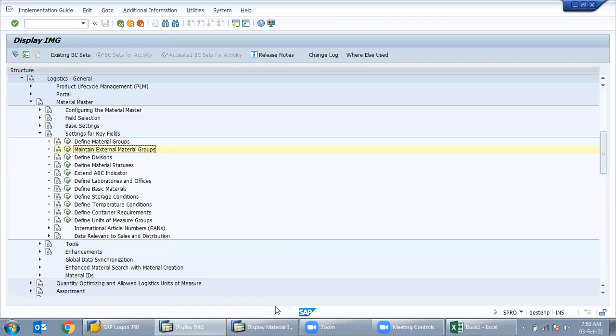Okay, so now let me give this. Group is the main part, and material type is the main part of material master.